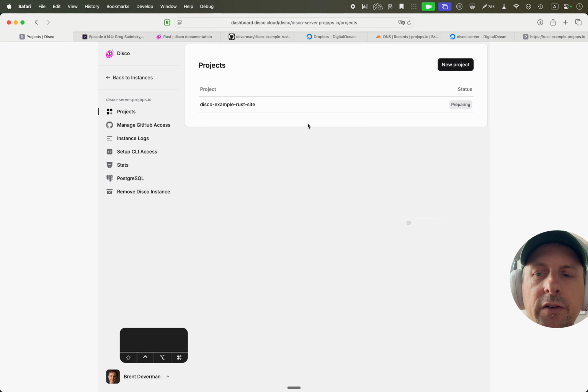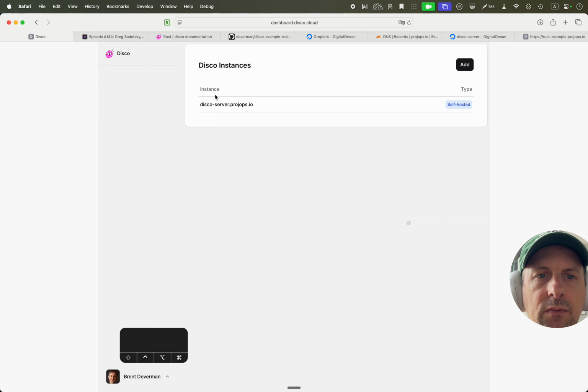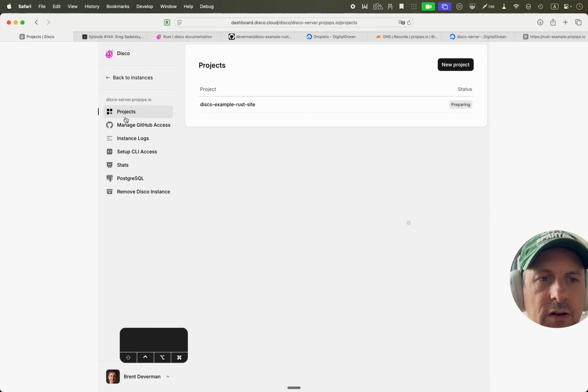kind of the developer experience a lot of people expect these days from things like Vercel and whatnot, but you have control of your server, and you can manage it. So it seems like good, especially for hobbyists. And there's ways to scale up projects as well. So I guess we could go back to the server here while it's doing the compile, and you can see